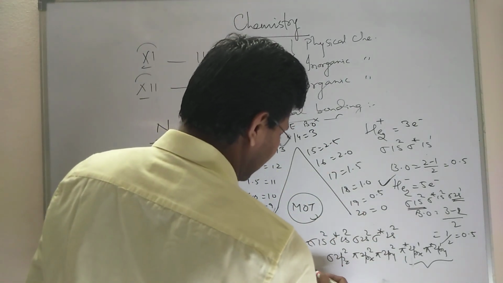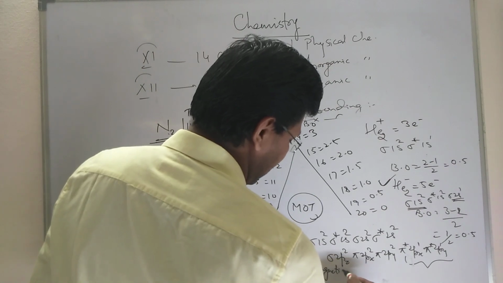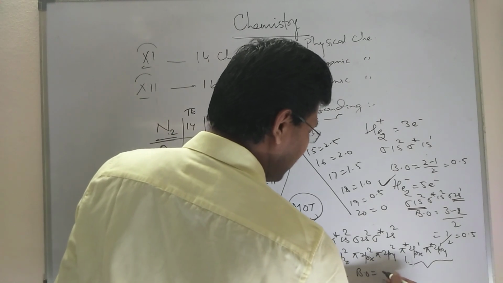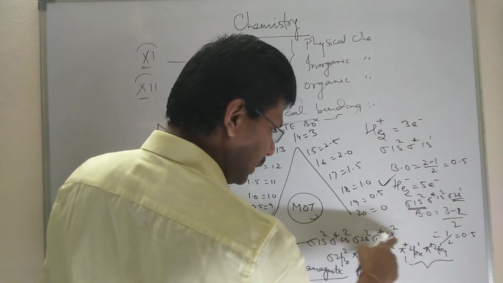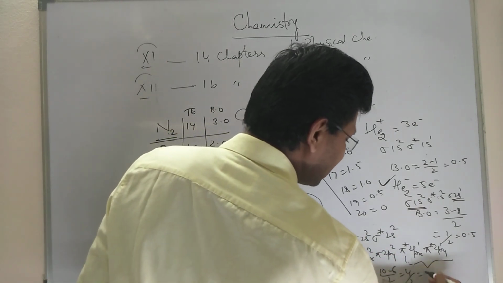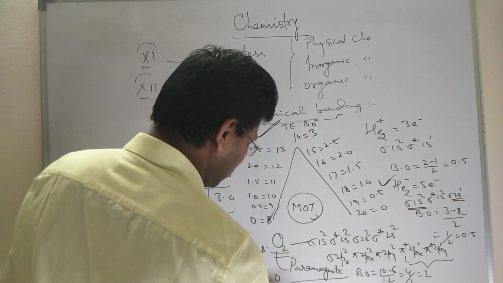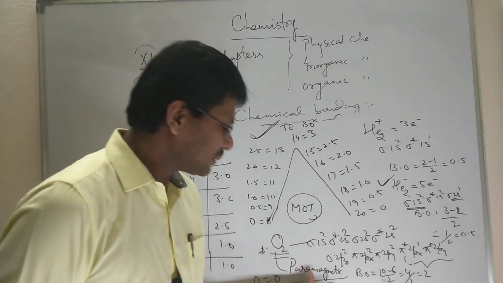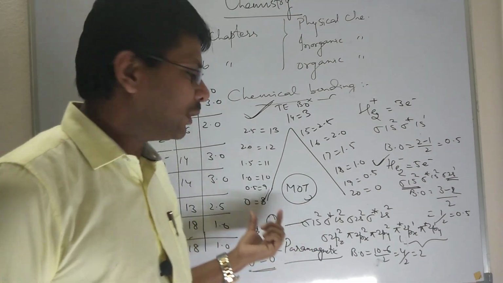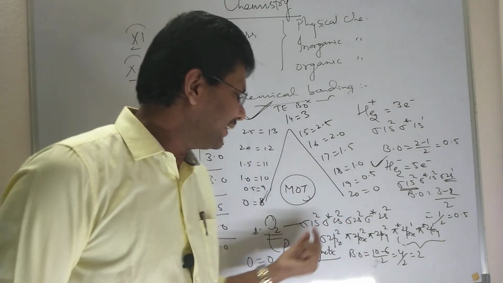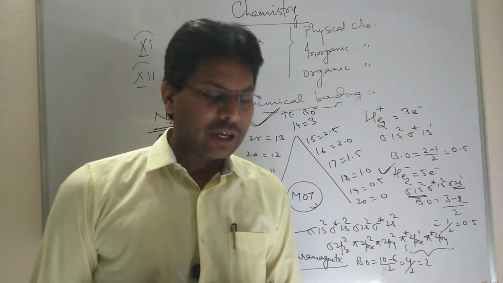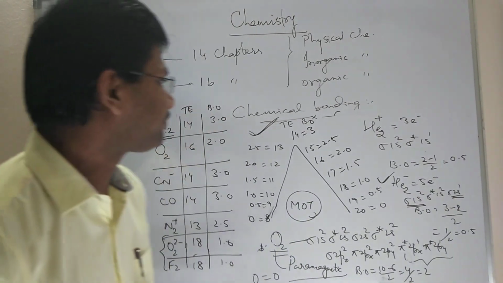So O2 is paramagnetic, so it is able to attract iron filings, iron pieces. And if you want to see the bond order, it is (10 minus 6) by 2, that is 4 by 2. So oxygen has a double bond, which you can easily see. So the O2 molecule is paramagnetic, it has a bond order of 2, and molecular orbital theory is able to explain the paramagnetic nature of oxygen. If you keep this much in mind, you will be able to solve questions based on chemical bonding. Moving to another topic.